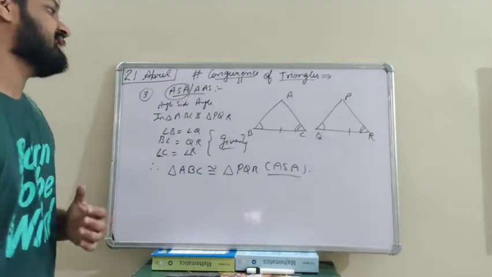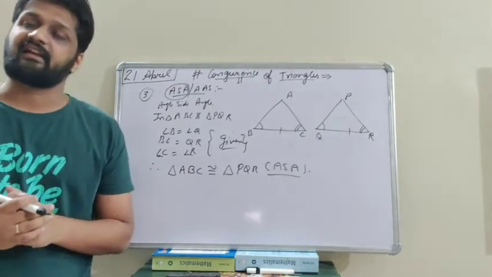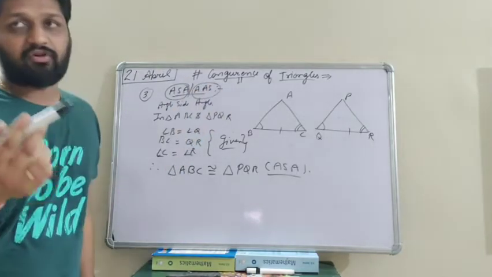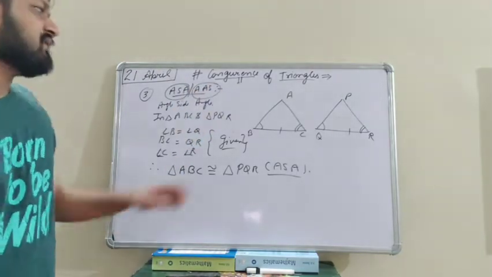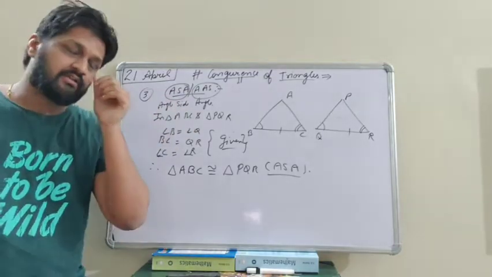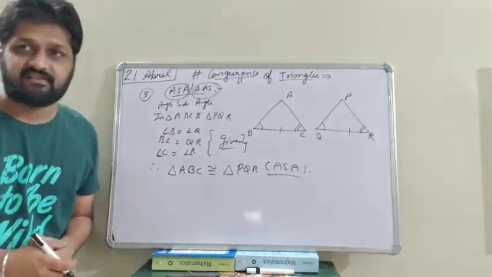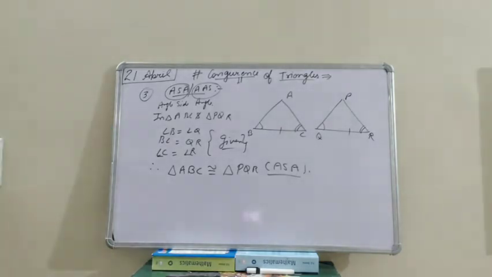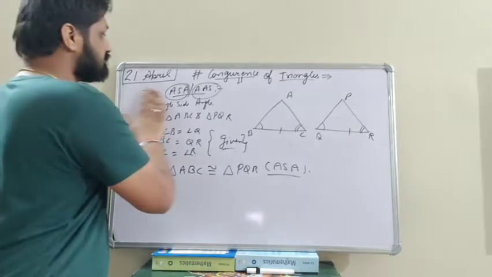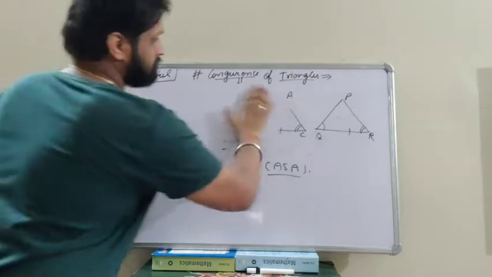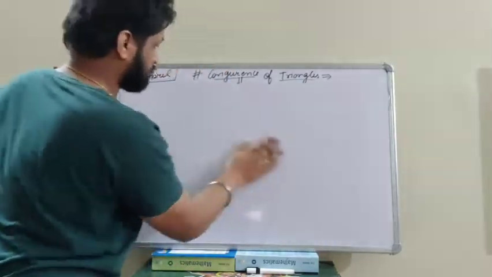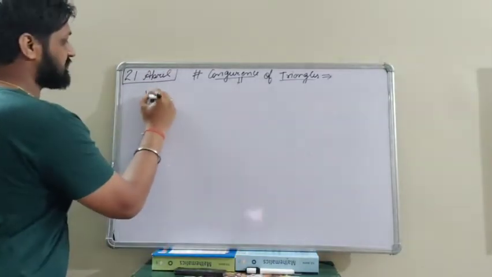So this is the third criteria that we have discussed, that is angle, side and angle. Now we can say that AAS is the special type or the special category of ASA. We will discuss this in the question itself. So only one criteria is left, that is RHS. Now we will discuss the fourth criteria. Fourth is